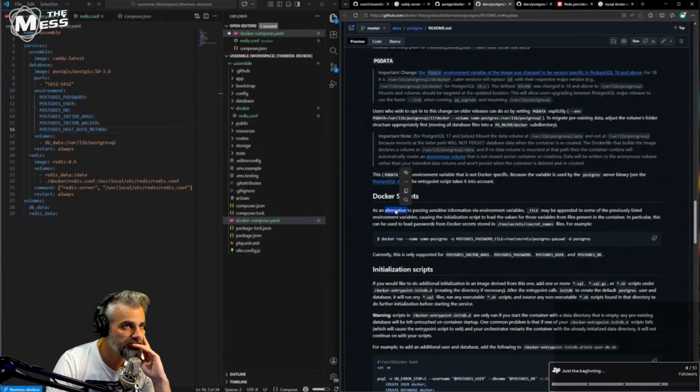And as an alternative to passing sensitive information, _FILE might be appended to some of the previously listed ones, causing the initialization script to load the values from files present in the container. In particular,